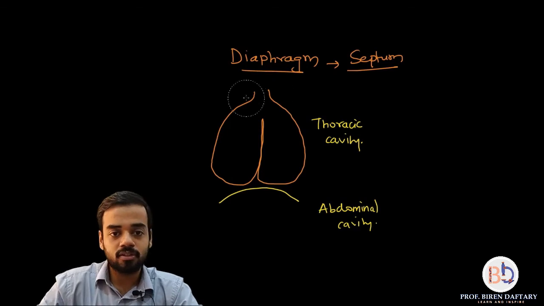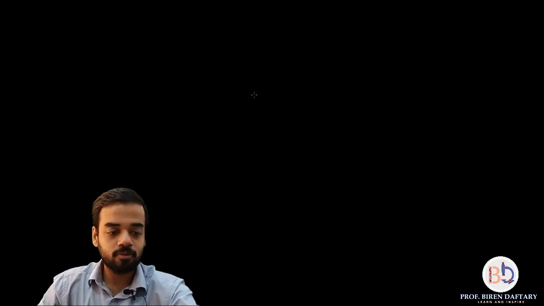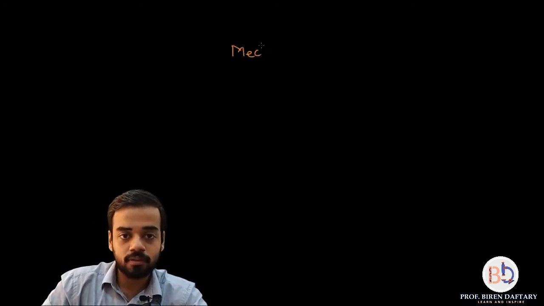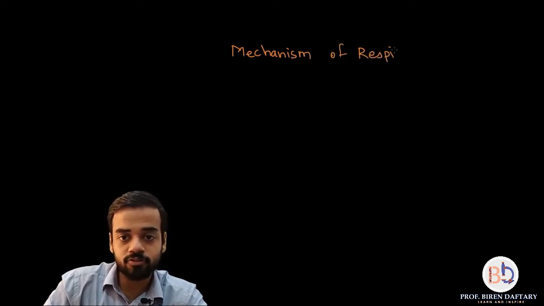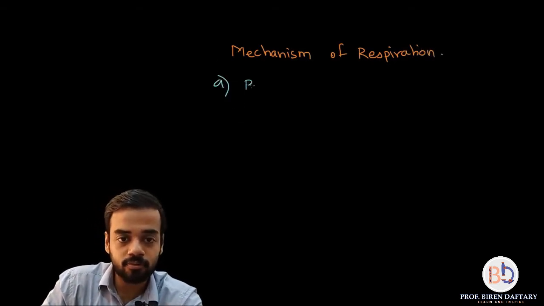So anyway, the topic for today is going to be the mechanism of respiration. So we are going to start with that. Everybody now knows what respiration is. Respiration basically involves exchange of gases, taking in air containing oxygen, removal of air containing carbon dioxide, and also at the same time producing ATP, which is the energy currency of the body. Now the mechanism of respiration has four subtopics which we have to study. The first part that we will be studying today is breathing.